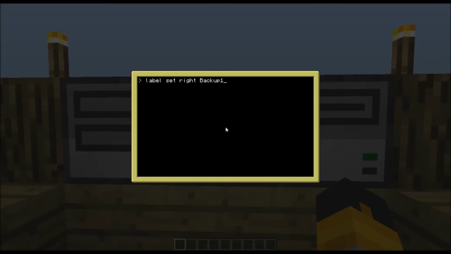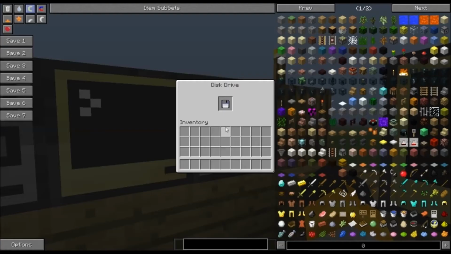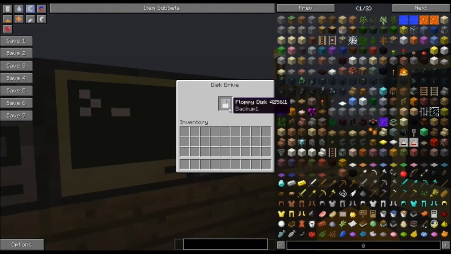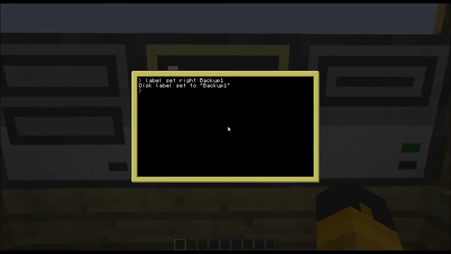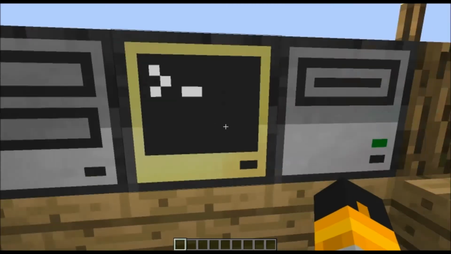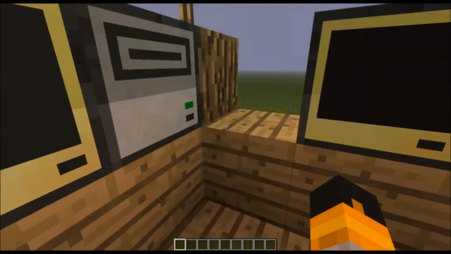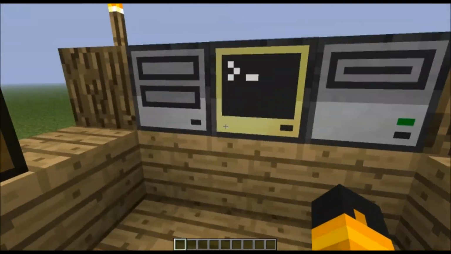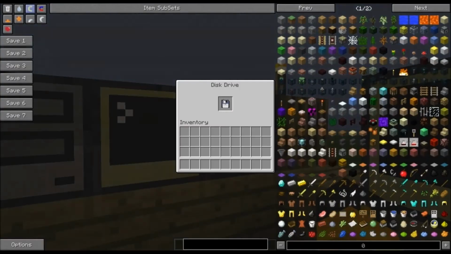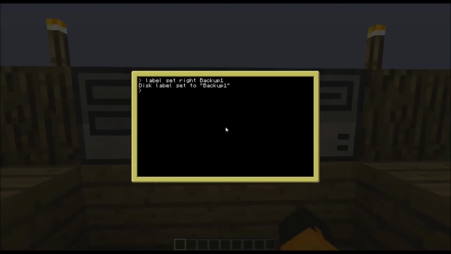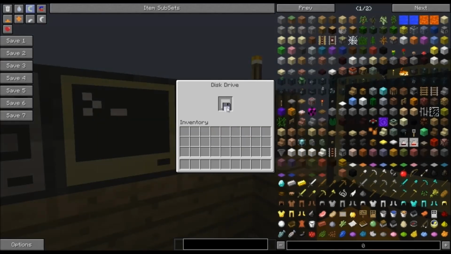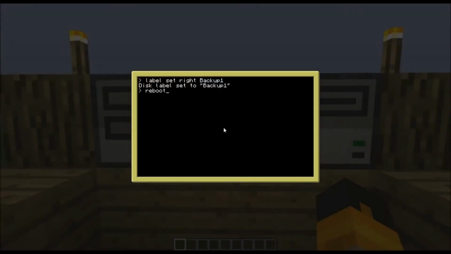backup 1. So now the only issue with this is since it's a code backup, or an automatic backup disk, because there's other ways to backup programs, and this is just the long way, but now we have a backup disk that will back up the computer automatically for us just by putting it in, and it looks cool and stuff. So if I was to, let's say, reboot,